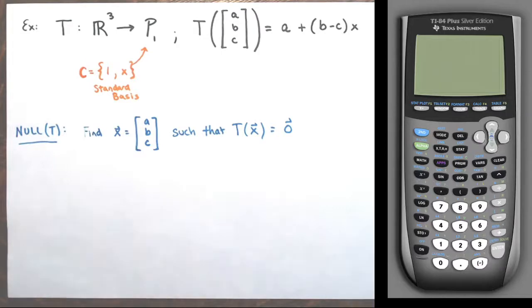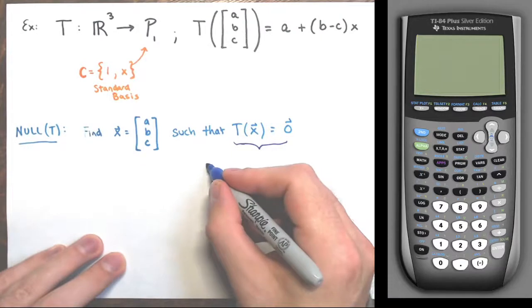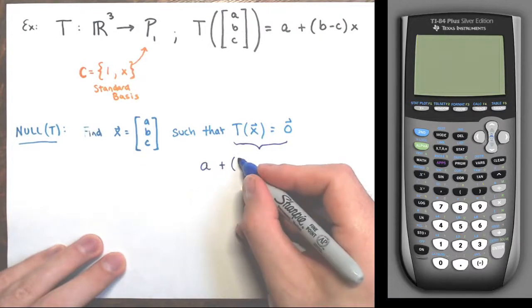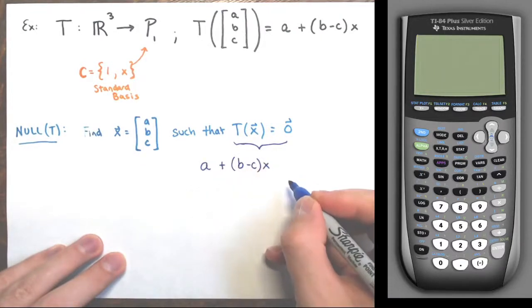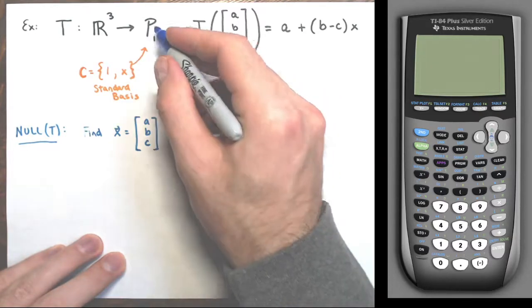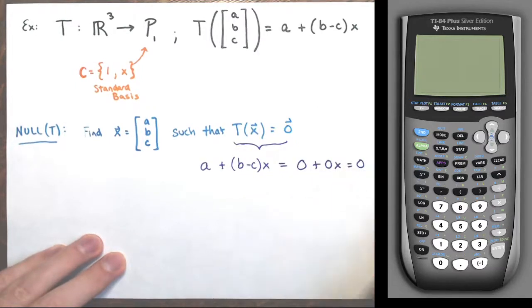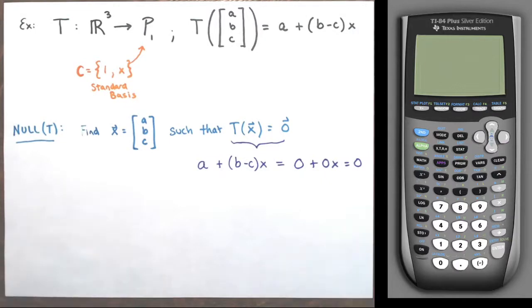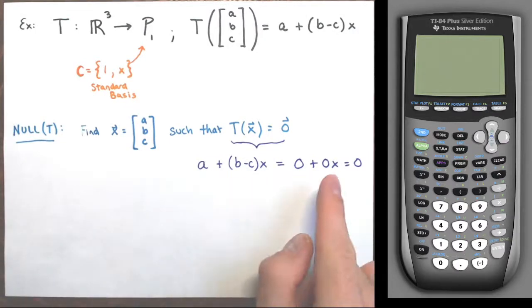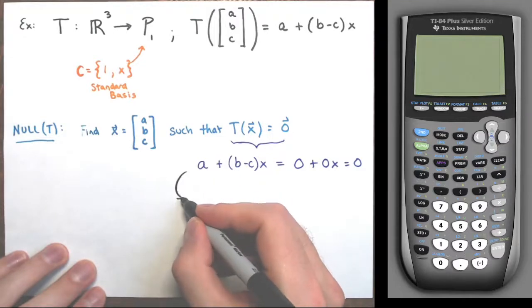Right. So let's look at that equation. Let's write this out. T of x, if I apply A, B, C, that's a plus the quantity b minus c times x. And the question is when this is equal to the 0 vector in P1, 0 plus 0x. Now you could just say that that's 0, the 0 polynomial. Now the only way polynomials are equivalent is if the coefficients of like terms are the same. So this leads me to the following system,